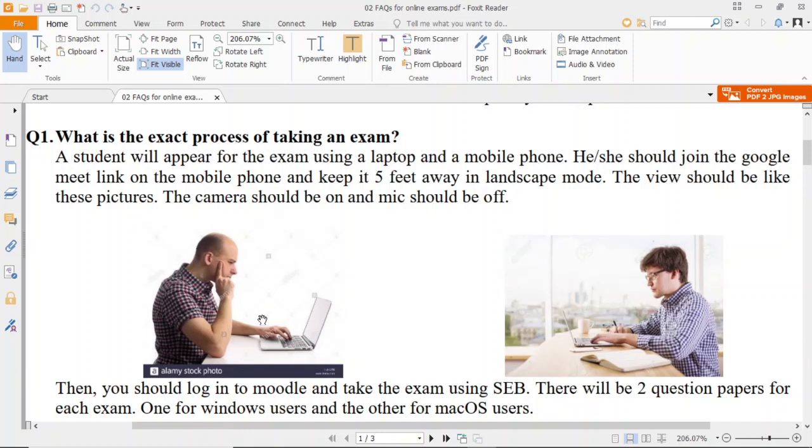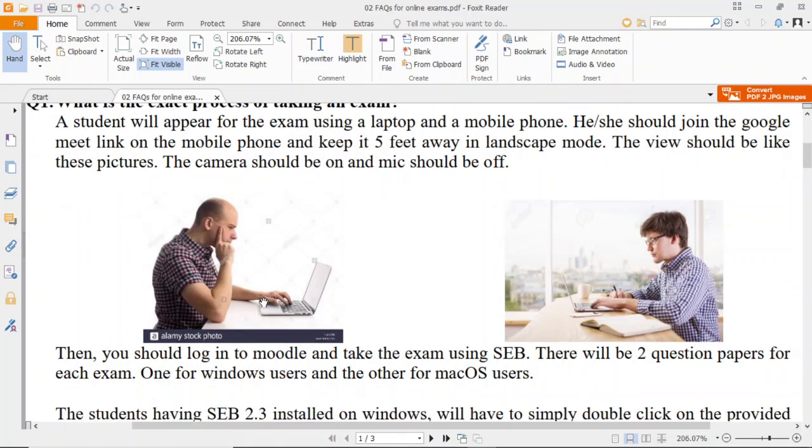Do not keep your mobile phone in front of you so that we only see your face or upper body. No, you have to keep it away from a side view. We should be able to see your complete desk, your full body, your hands, everything should be visible what is there on your desk. This is how you have to set your camera.